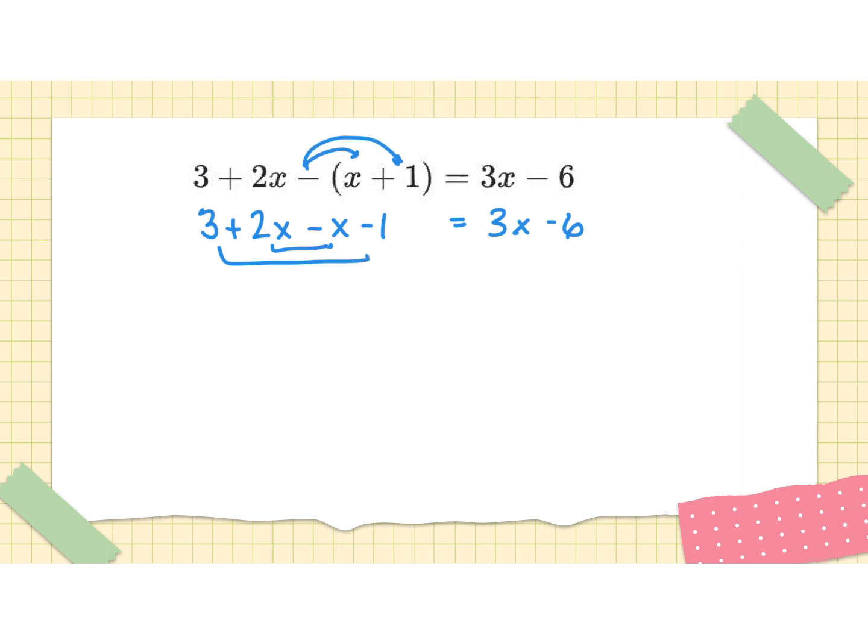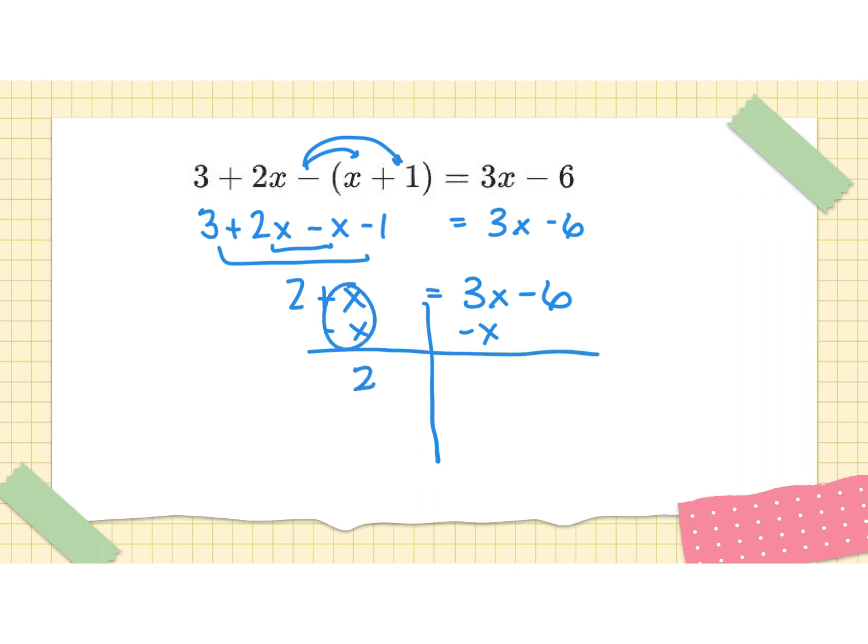I have on the left side 2, and then I have plus x, and that's going to equal 3x minus 6. I'm going to subtract x from each side, which leaves me with 2, there's our dedicated 0, and 2x minus 6. Now I'm going to add 6 to each side, so I end up with 8 is equal to 2x,